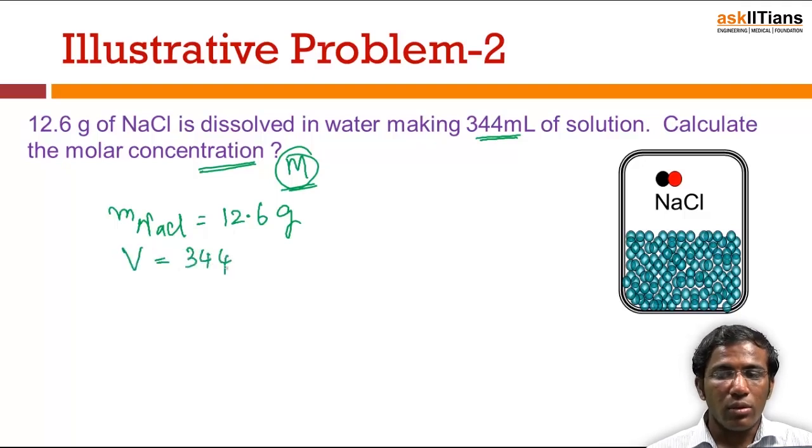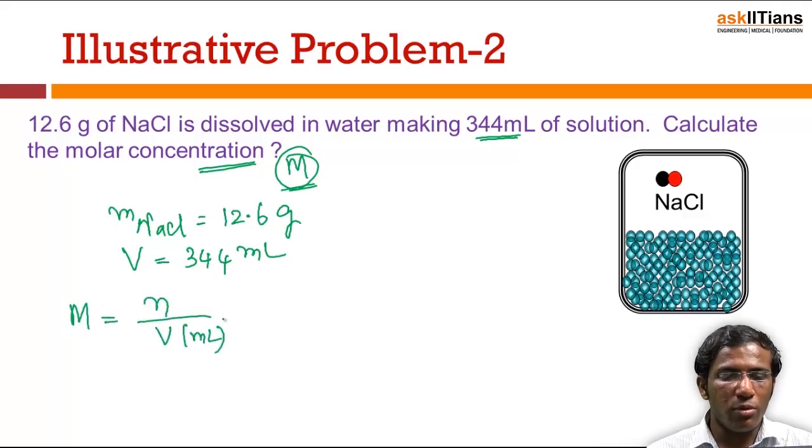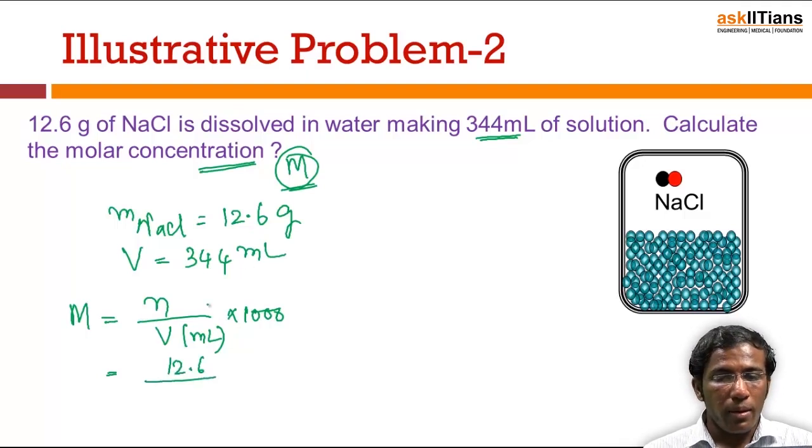What more is given? The volume of the solution is given. The volume of the solution is 344 ml. So write down the formula for molarity. Molarity is equal to the number of moles of solute divided by the volume in ml, into 1000, if you recollect. The number of moles is nothing but mass by molecular mass, that is 12.6 grams